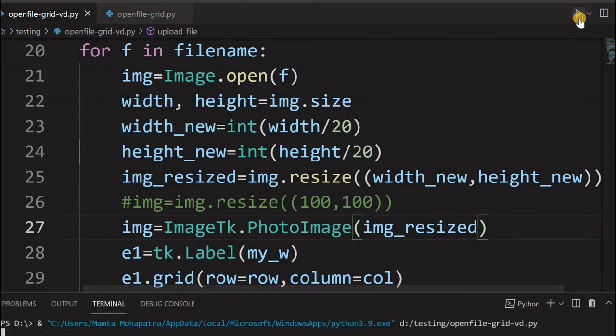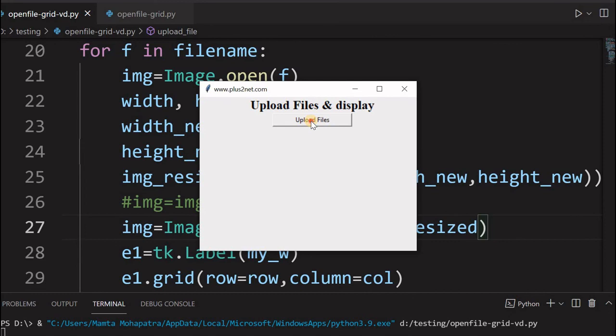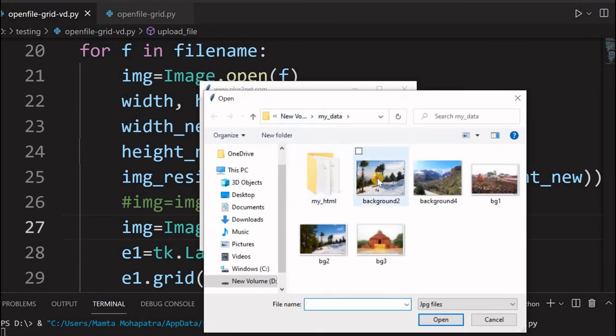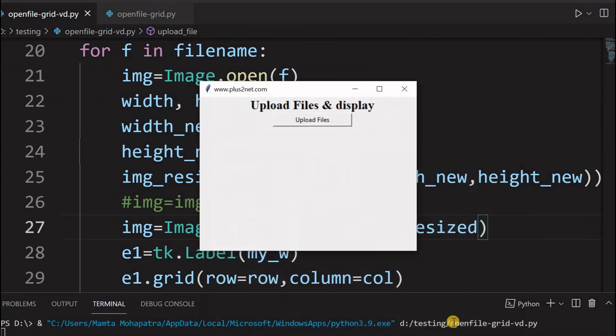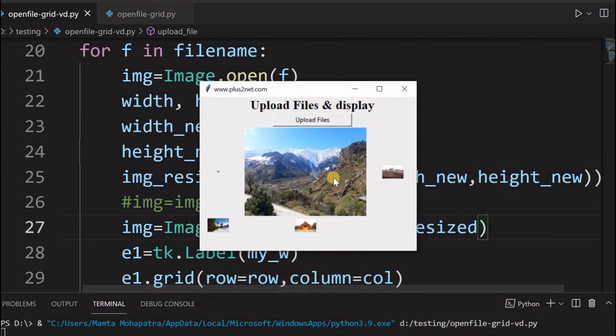We'll see. So here it is. Now upload file. Based on your actual size, because I am reducing height and width, the image will change proportionately. You can see this is a big image, so with 20 it has come down. Now the second, third, fourth, and fifth, sorry, the first one is a very small image, and reducing by 20, the size has gone up. Like that you can see it.